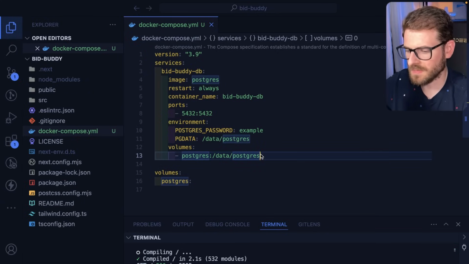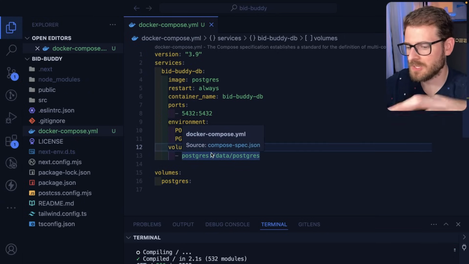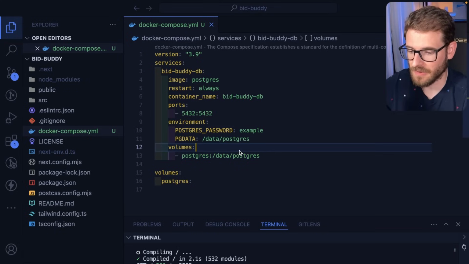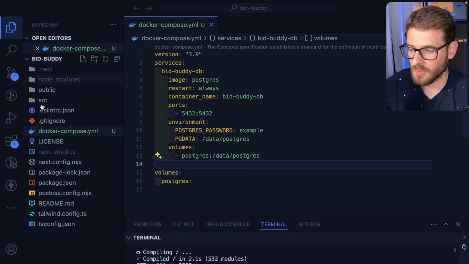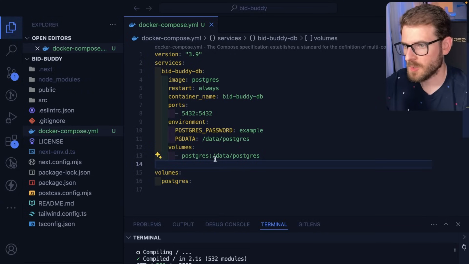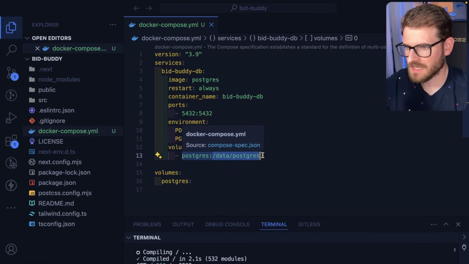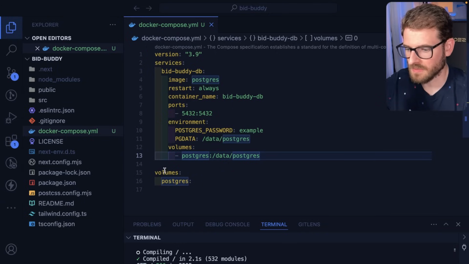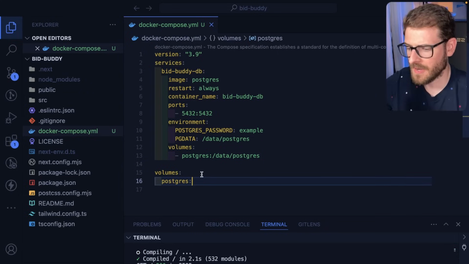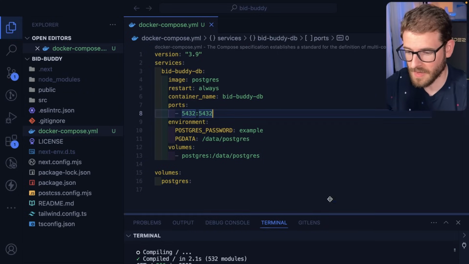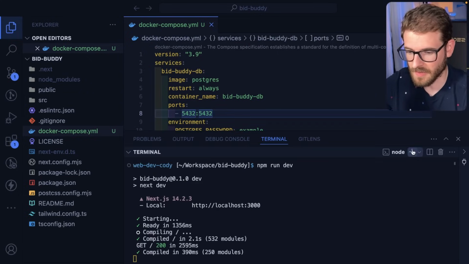So if you don't know how volumes work, basically inside the Docker image itself or the Docker container, there is a file system that you can mount to your own file system here. So we're basically saying inside the container at data/postgres, I want you to mount to this volume I have basically created. And then somewhere behind the scenes, the Docker daemon will figure out where to store that database information. This might be way over your head. You might not care. But the cool thing is that now that you have this Docker Compose file, you can